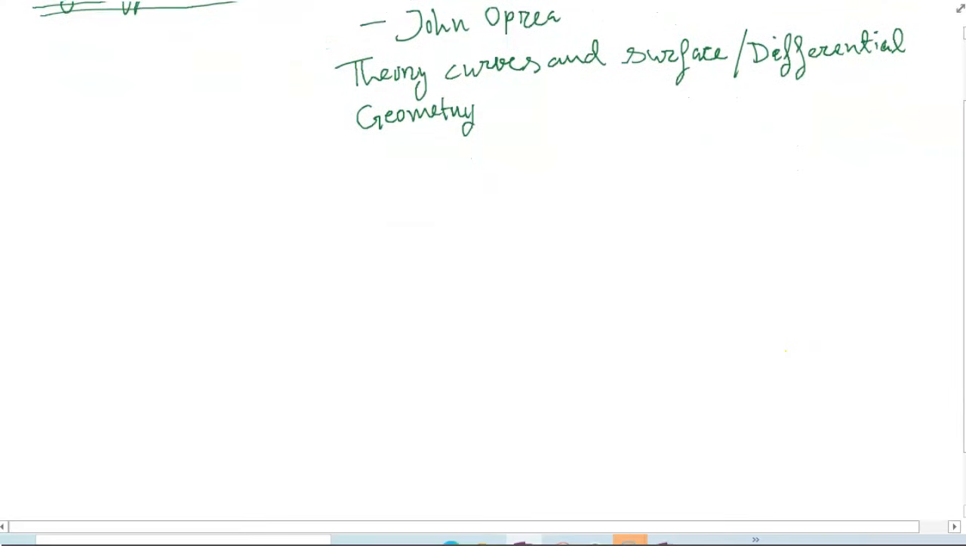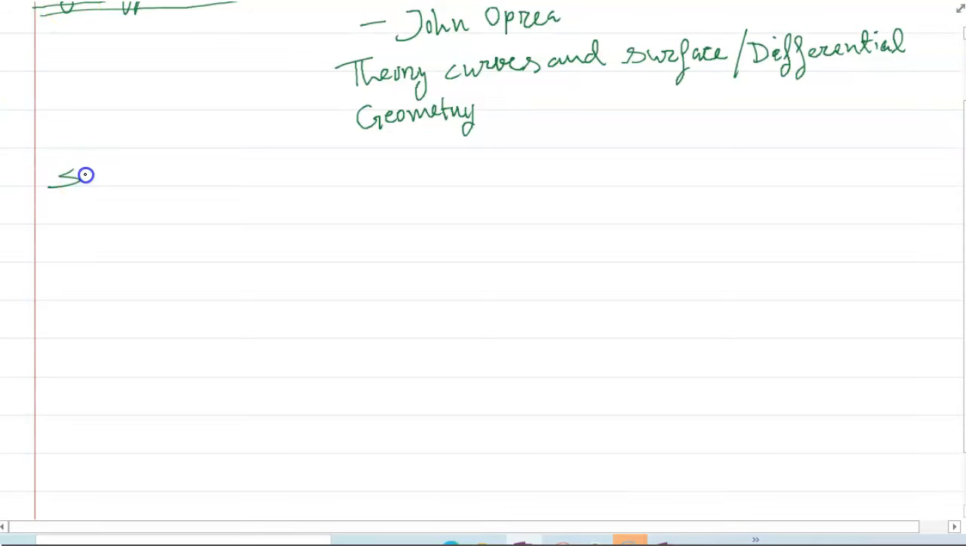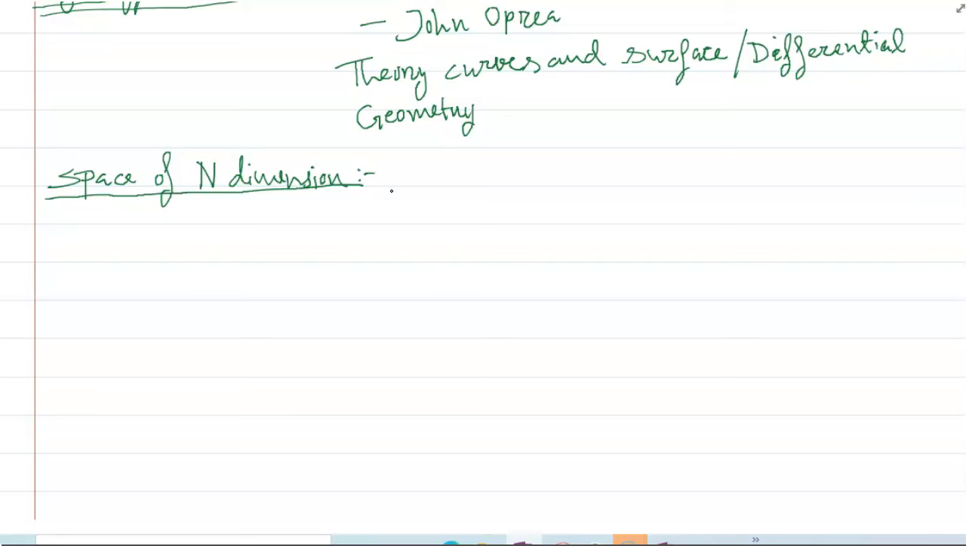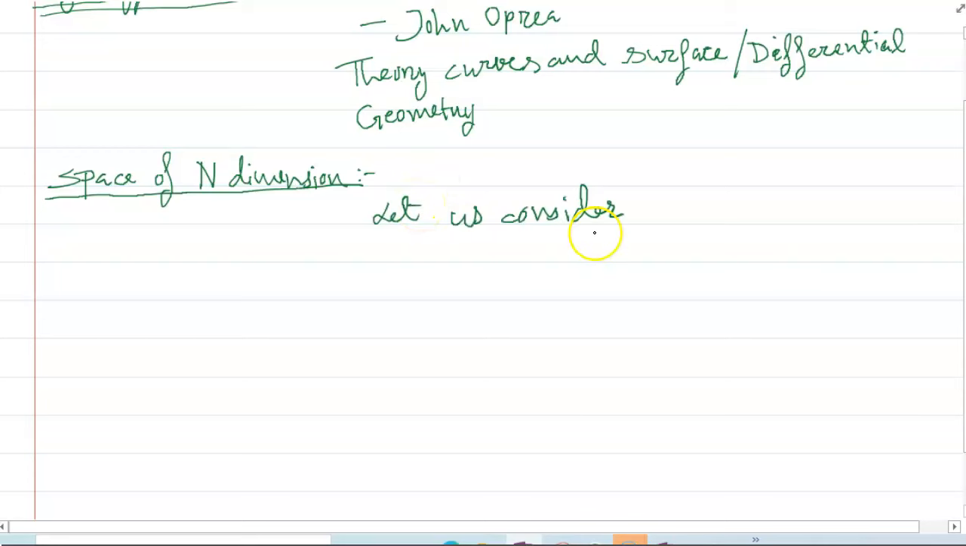We start with the space of n dimensions. Space of n dimensions, friends. This is the main factor that we have to learn. What is the n-dimensional space? Friends, we have learned 4-dimensional, 2-dimensional, 3-dimensional. Similarly, it is the n-dimensional. Let us consider an n-dimensional space